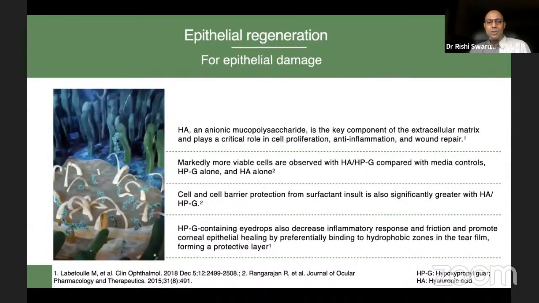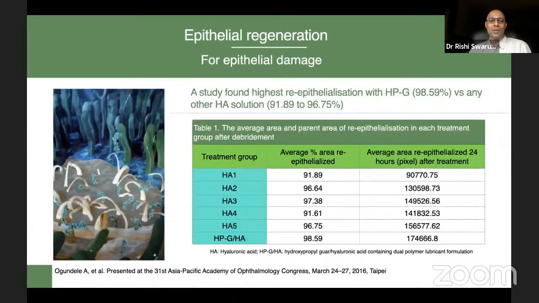Epithelial regeneration, sodium hyaluronate, several studies have shown that it aids epithelial regeneration, and epithelialization time is enhanced with sodium hyaluronate. And so as a molecule, it's probably one of the superior molecules, and that is why most of us have now shifted to sodium hyaluronate. And this wonderful combination with polyethylene glycol, I think, is working really well. And that's the unique selling proposition in sustained hydration. It gives a wonderful combination which aids the epithelial regeneration very beautifully. And the time to epithelialization is significantly improved, as has been shown in several studies.